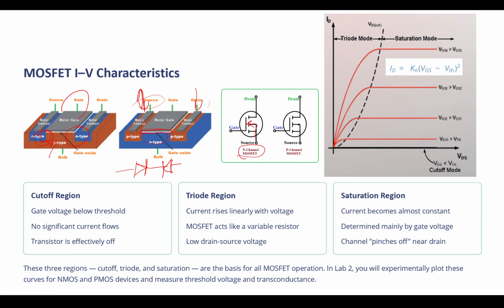Actually, that's the reason for the part that is MO in MOSFET, metal oxide, a kind of insulation between the gate and the semiconductor. Okay, so the gate is not directly connected,